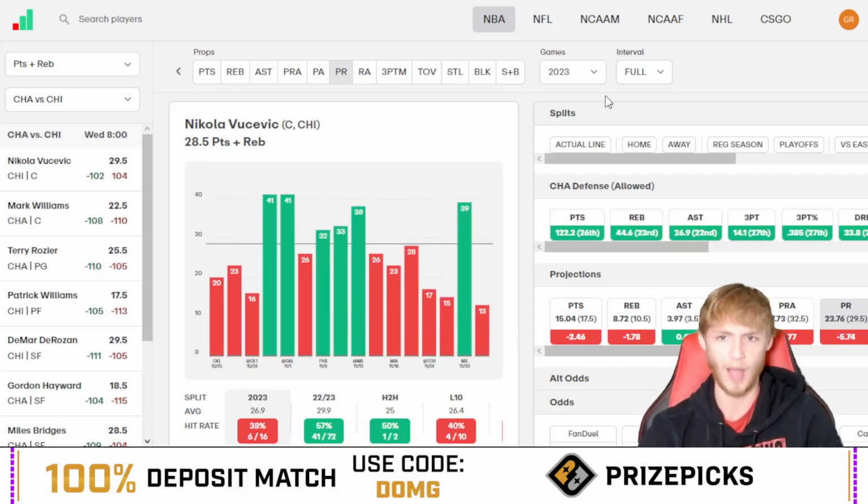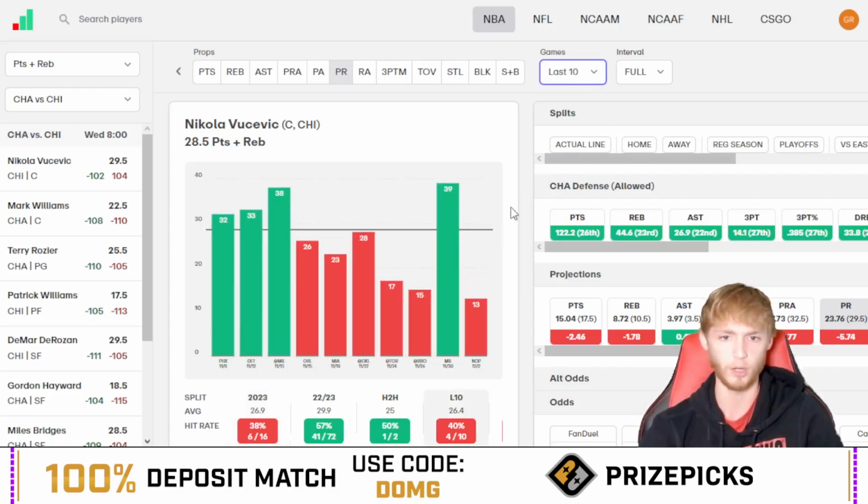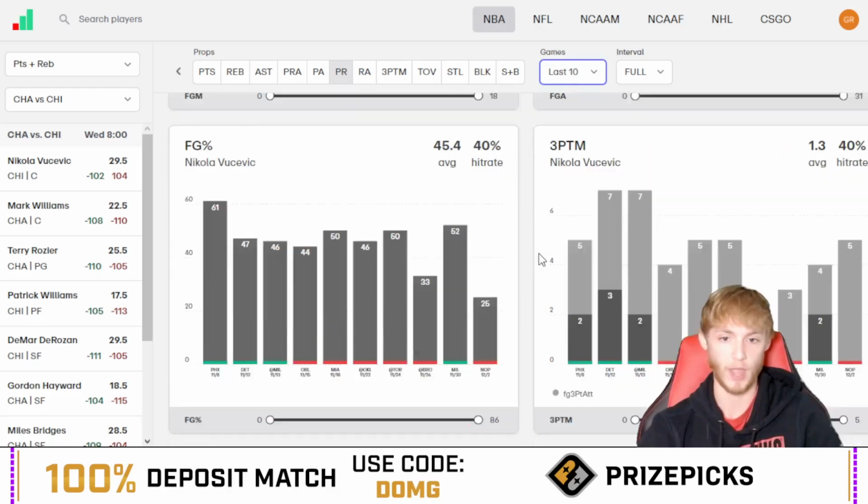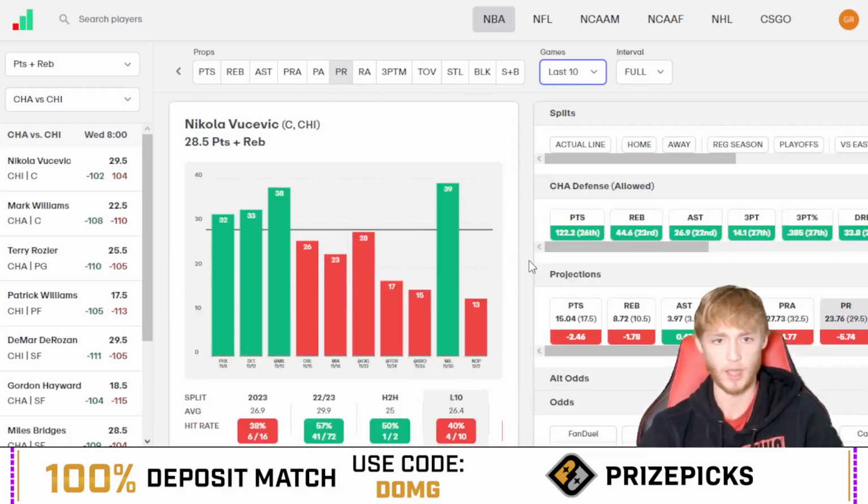I think this line is low enough for me to feel comfortable here, despite him not being very good in these last few games here. You can also take a look at his field goal percentage as well. You can see it's been pretty down. I mean, 25% shooting, 33% shooting right there. As long as he shoots 44, 46%, and as long as he sees his full amount of minutes, I think